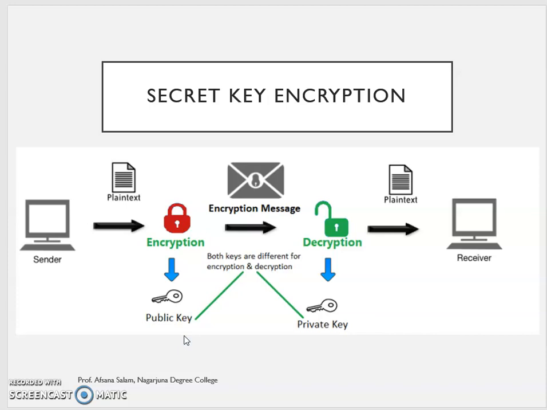And if you go to a railway station, there is Wi-Fi. Even for that, if it is protected, and the key is used by a large number of people, that becomes your public key. Private key is only for a specific, particular person. So your mail ID and your password become your private key. So there are 2 different types of secret key encryption, that is public key and private key.